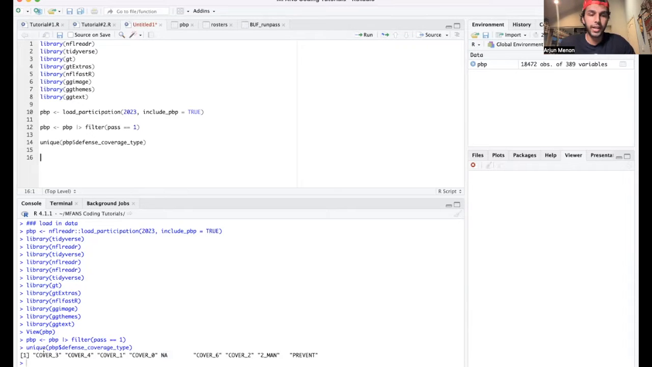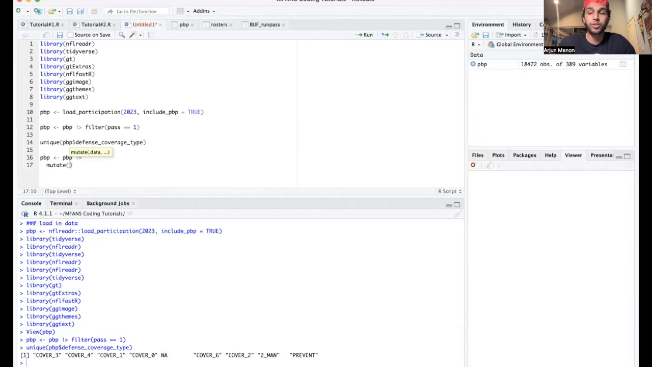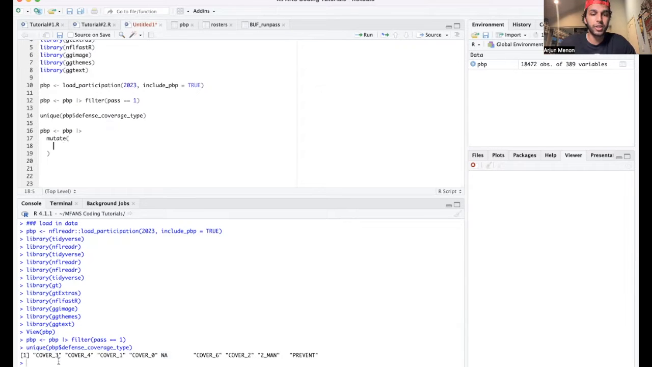But I don't really like how this is formatted, right? We have an all capitals cover three with an underscore there. So for formatting purposes, we're actually going to change this. We're basically going to change the names of these. What we're going to do is take the play-by-play data set and use the mutate function. And what we want to do is change these names. So how we do that, we're going to do